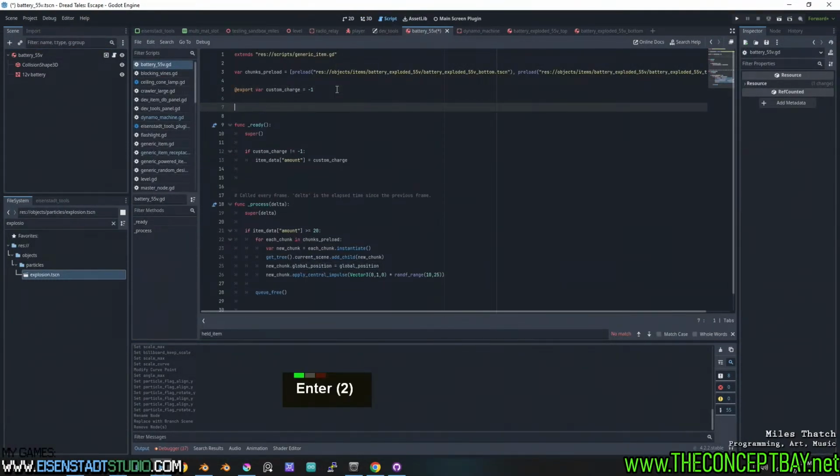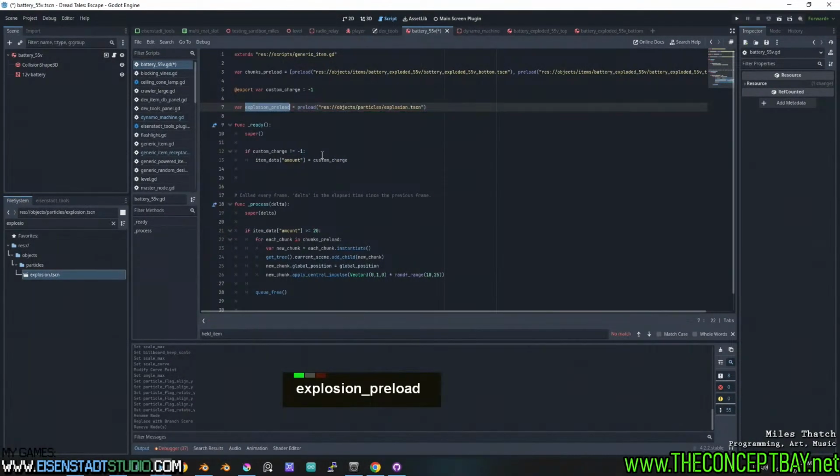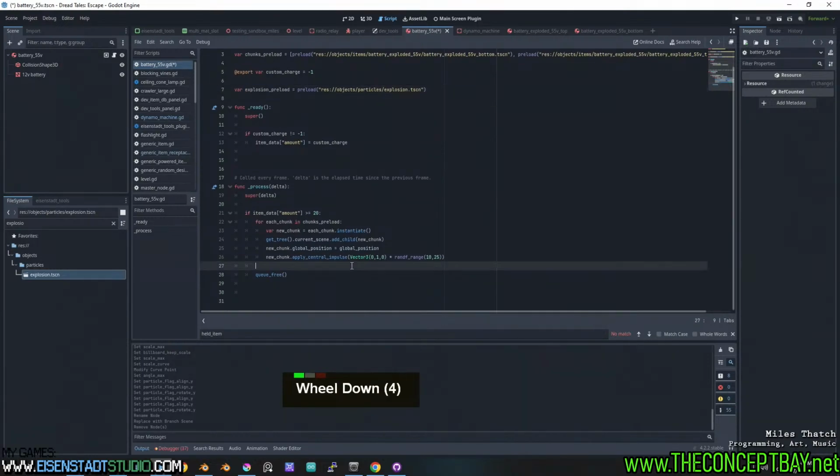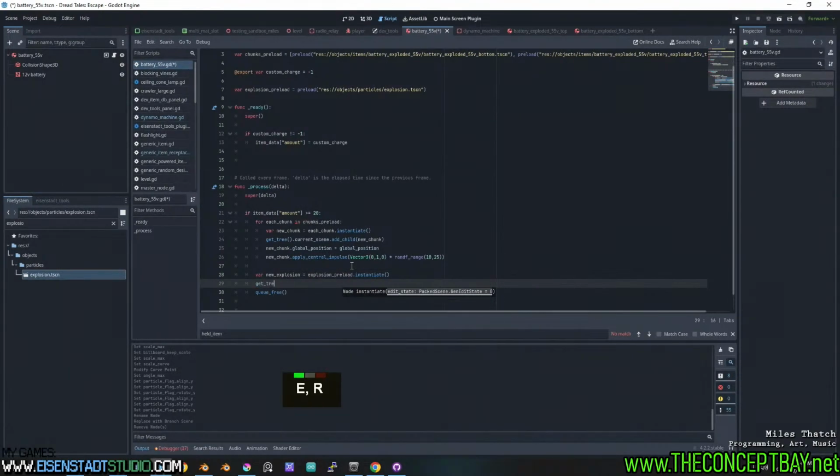Generic item. This is part of the battery. So var explosion preload equals preload explosion. Yes. Okay. Now when this happens, we do var new explosion instantiate, get tree. Just copy this part. New explosion gets added to the child. Position is set to the element. And now